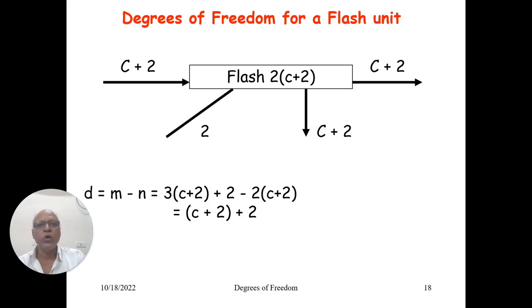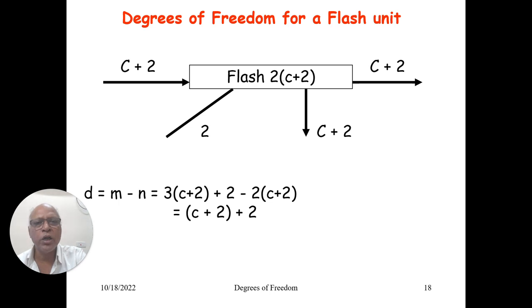Now similarly, if you look at the flash column, you know there will be a vapor product, a liquid product and one input stream. So assuming that there are C components, the total number of variables involved are 3 into C plus 2, and whatever I am writing with the slanted angle will represent the minimum number of equipment parameters. You need to specify at least temperature and pressure at which the flash column is operating, or temperature and heat duty, pressure and heat duty, temperature and vapor fraction, pressure and vapor fraction. At least any 2 variables must be defined. So the total number of variables is 3 into C plus 2, plus 2.